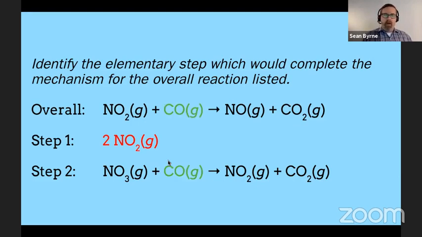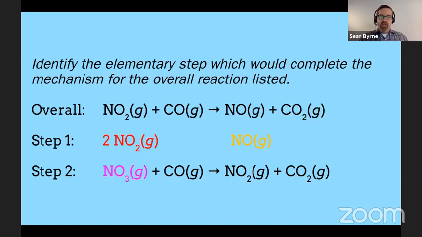Okay. Our carbon monoxides, COs: from the overall reaction, we have one up there, and then we have one in step number 2. So between those 2, that is accounted for, so we're going to leave it alone. We would not expect that would come in step number 1. We would look at NO, nitric oxide gas, and we would see that that is nowhere to be found in step number 2. And so we're going to need to include that in step number 1 as a product. And then just like with carbon monoxide, we see the carbon dioxide appears in the overall reaction and in step number 2, so we would leave it there.